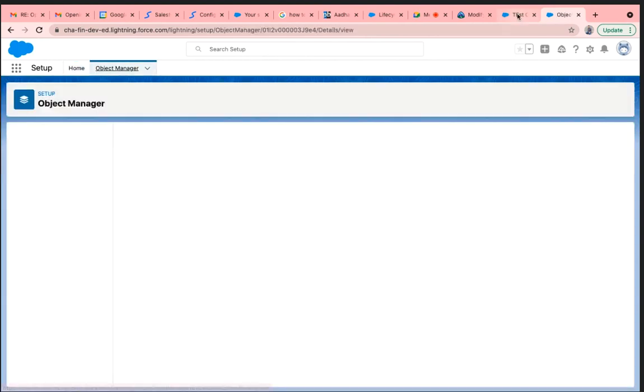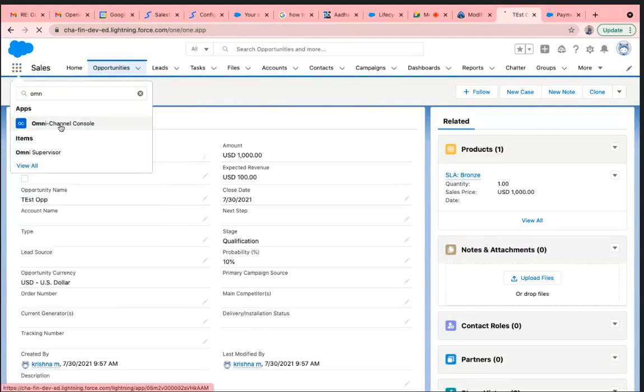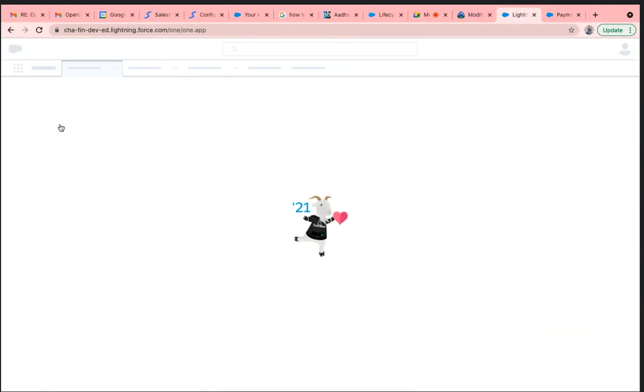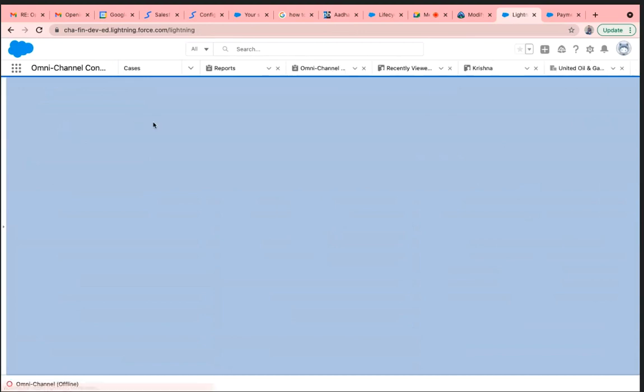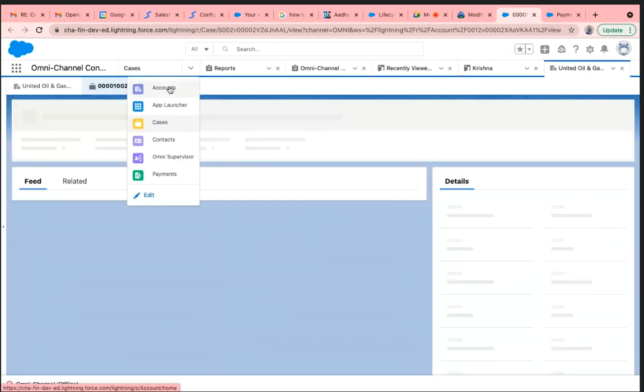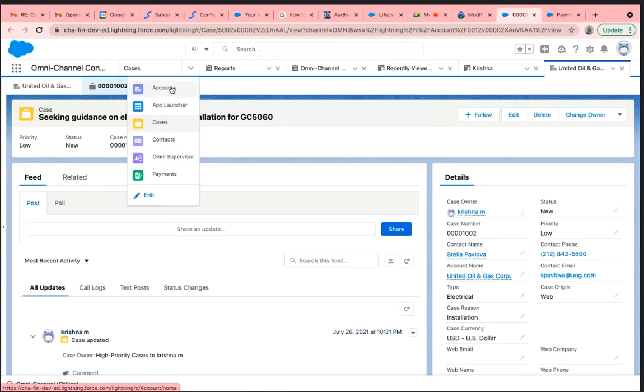It means this omni-channel console contains that object as well. Console application will look like this. Standard object will look different. So in console applications, tabs will be in this format.